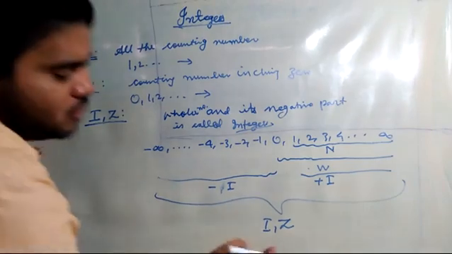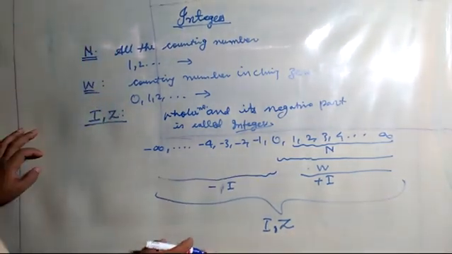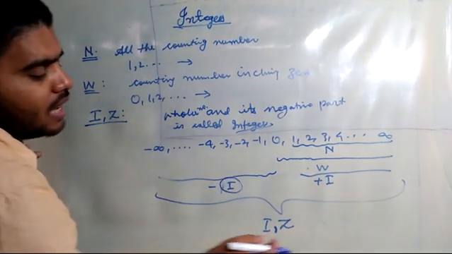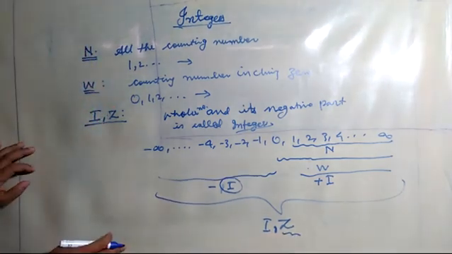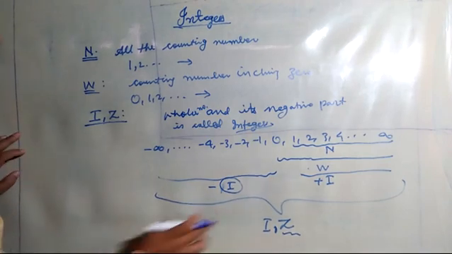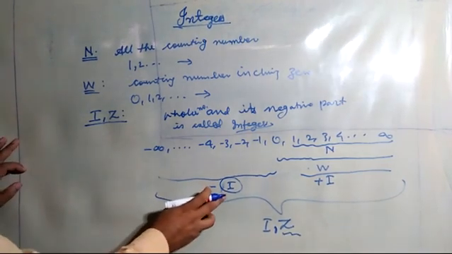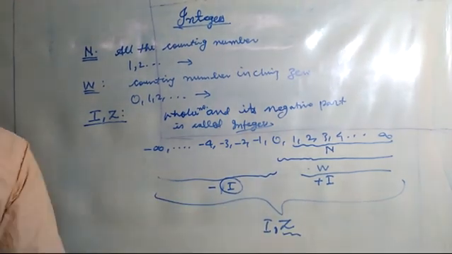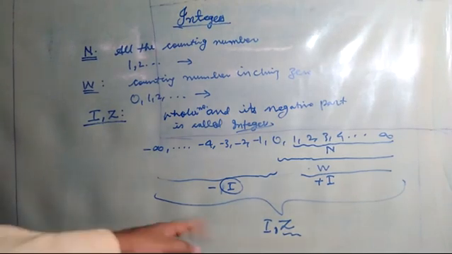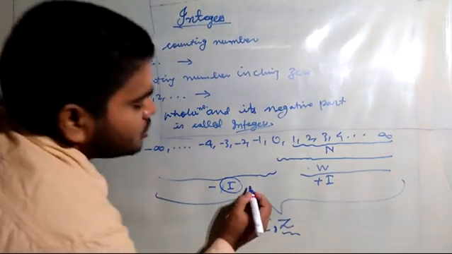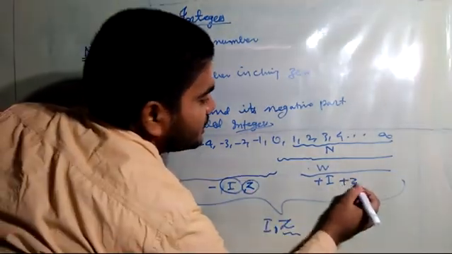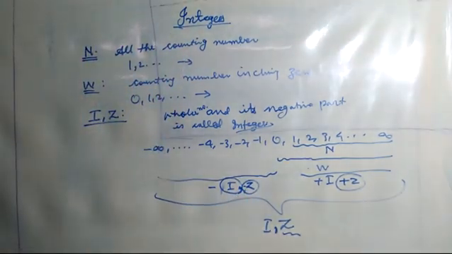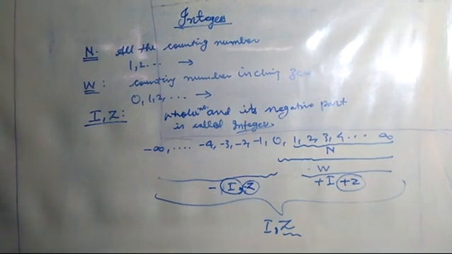Now you don't get confused with the letters I and Z. In some books you will see integers represented by I, and in other books you will see integers represented by Z. So to represent integers we can use either capital I or capital Z. Don't get confused why sir has written I, Z in the last line whereas he has written only I. Here also I can write Z, positive Z, negative Z. There is no difference between I and Z. It only represents the set of integers.